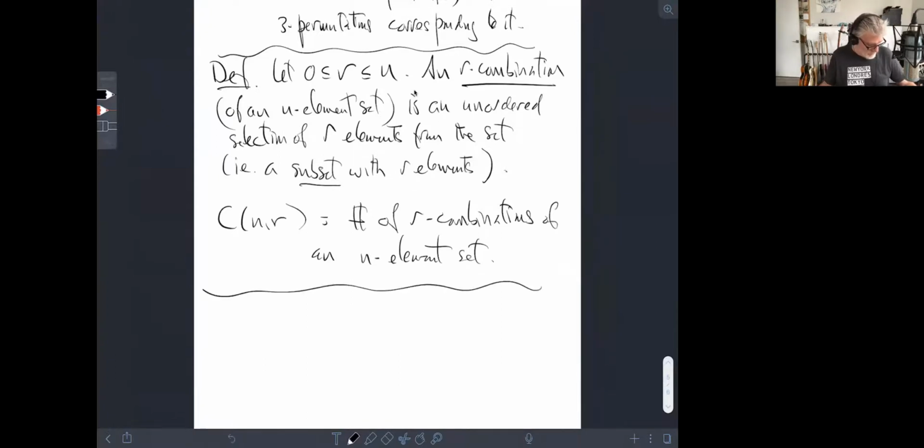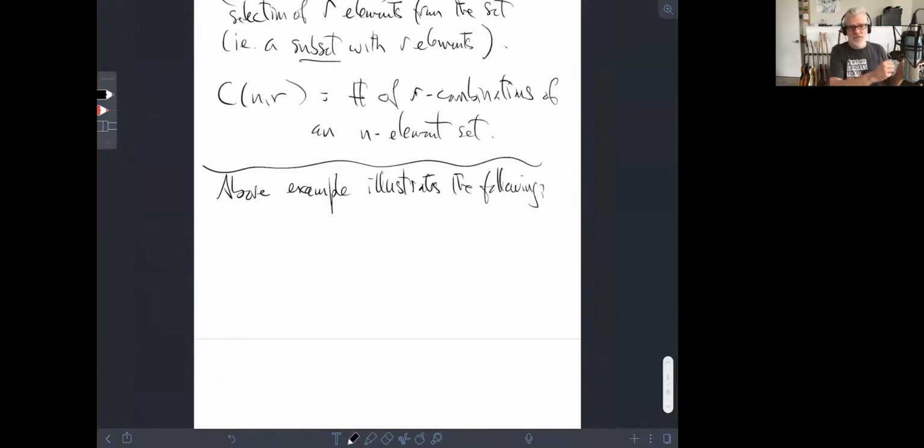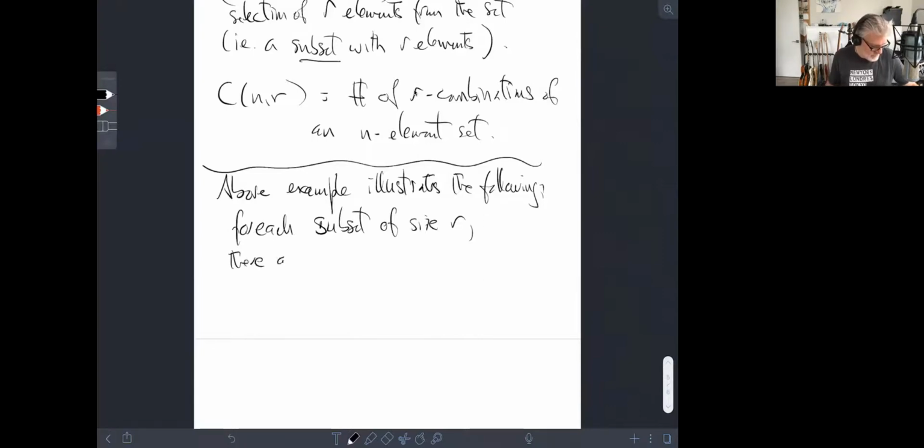So the above example illustrates the following. Okay. So what is the connection between permutations and combinations, right? If you're given an r-element subset, how many permutations correspond to that set? Well, you permute the elements of that set, right? So for each subset of size r,